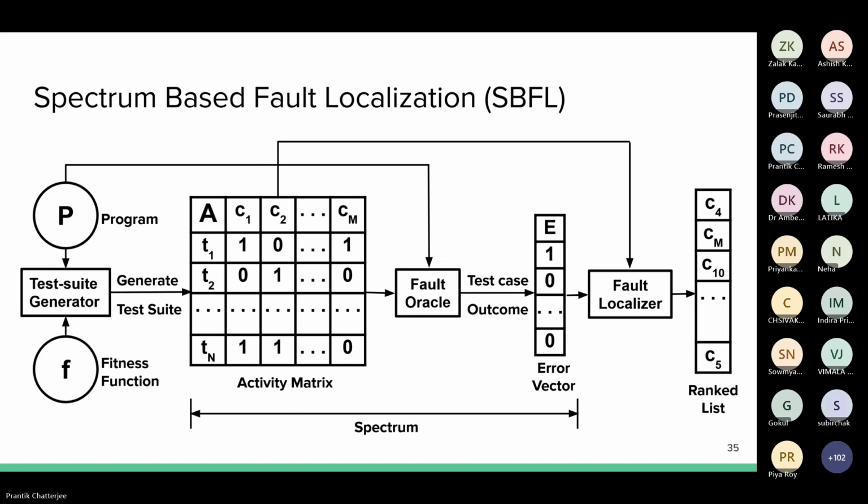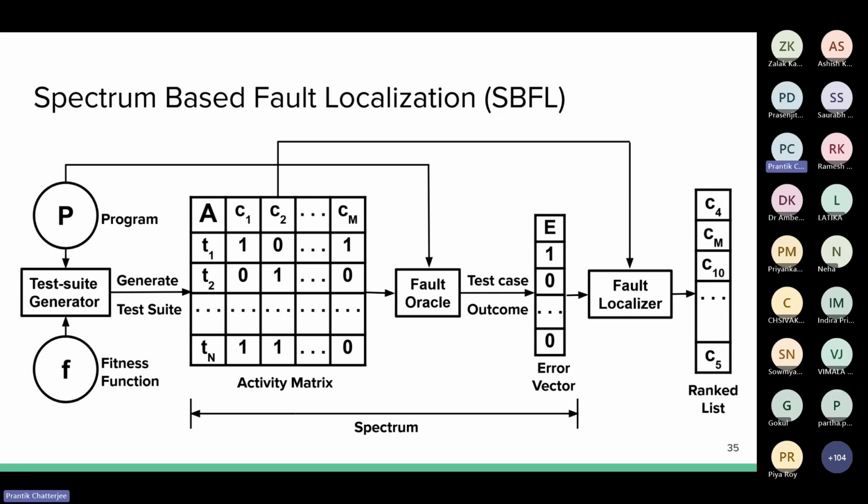Sure. All right. So far, what we have looked at is how to automatically generate test cases using fuzzers, and we have seen how we can augment our fuzzers with large language models. Now let's take a look at how to do fault localization. Fault localization, like I have specified before, is a problem where, given a program that has a bug, you want to identify which line of the code or which component of the code contains the bug.